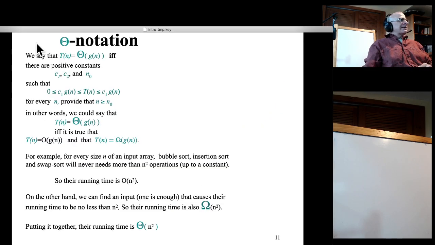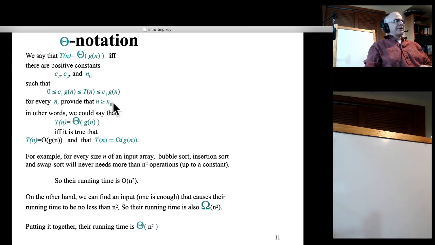Okay, what is theta notation, big theta? We say that T of n, the running time on an input of size n, is theta of, say, n squared, or theta of n log n, or theta of whatever you want to write here, if and only if, let's make it first formal so nobody can understand, if and only if you can find three constants, C1, C2, and n0, such that for every n that is larger than n0, only for large n,